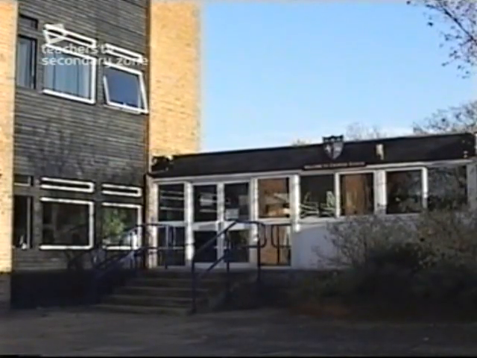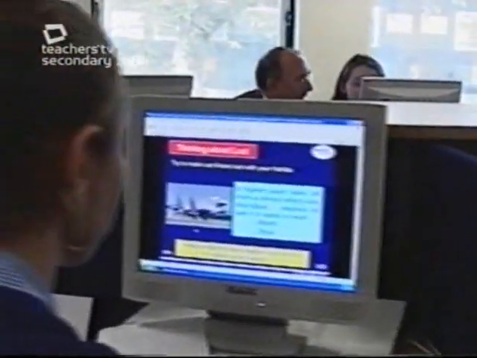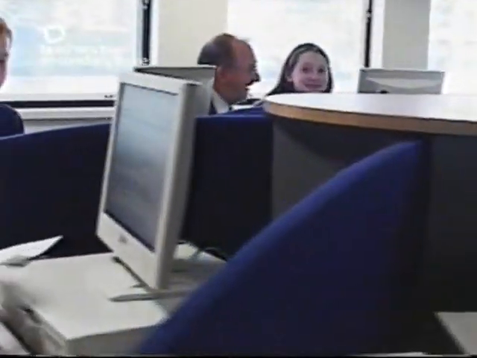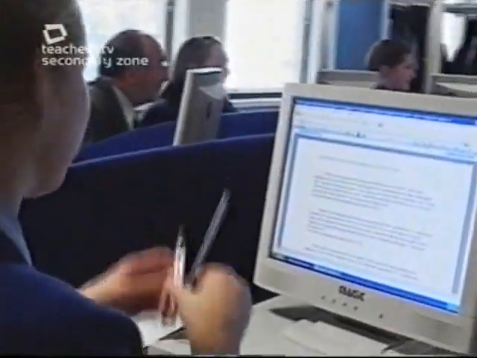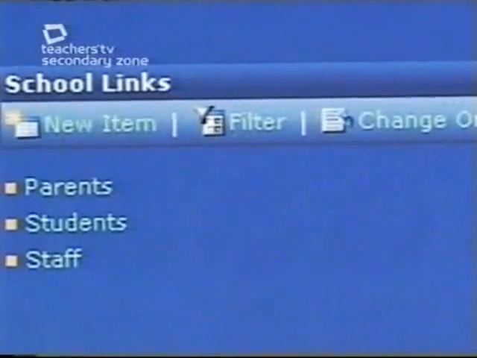So what's the next step at Cooper's? Our main concern is that the virtual learning environment was working independently of our management information system, and that, say, come a parent's evening or a report writing time, a lot of information was having to be recollated and presented, whereas the potential of the Learning Gateway, we hope, is to bring together the 3 layers of learning, the parents, staff and students, and really put students in the fore in terms of their ability to manage their own learning, rather than being led by staff and by parents.